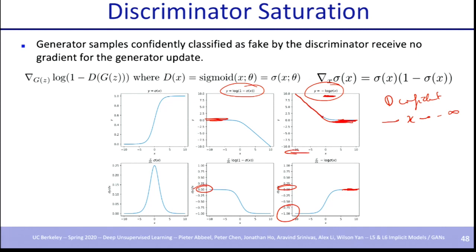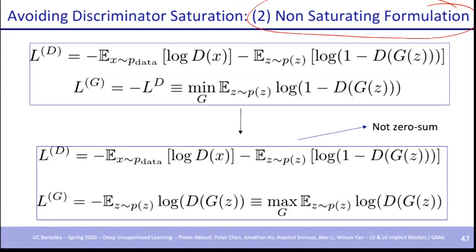And so by changing the objective from the original log of 1 minus sigma x into minus log of sigma x, you get that effect. And here it's done for the overall objective. Originally we had this, which is a minimax game, and we're replacing the second term here only for the generator with instead this thing over here. And now we keep getting signal no matter how confident our discriminator is. It's not capping off the signal anywhere.